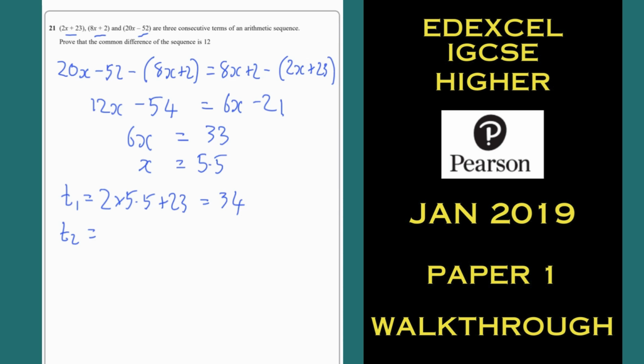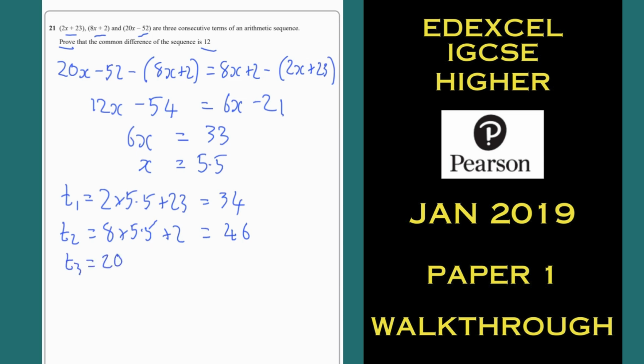Personally, I would, because it's a proof question. Because otherwise you could cheat and just add 12, because we're hoping this ends up as being 46. So, second term is 8 lots of x added to 2. It is indeed 46. And for T3,